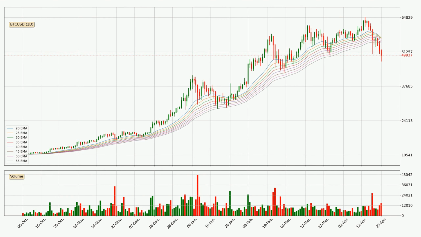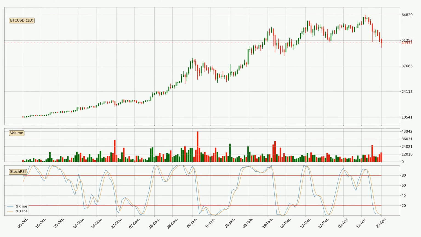Looking at the daily exponential moving averages, the current price went below the daily ribbon, so you should see if the price can jump back above the ribbon, or it will play as a resistance to the upside, currently at around 54,753. Jumping to the daily stochastic RSI, both the %K and %D lines are currently very low, which means that